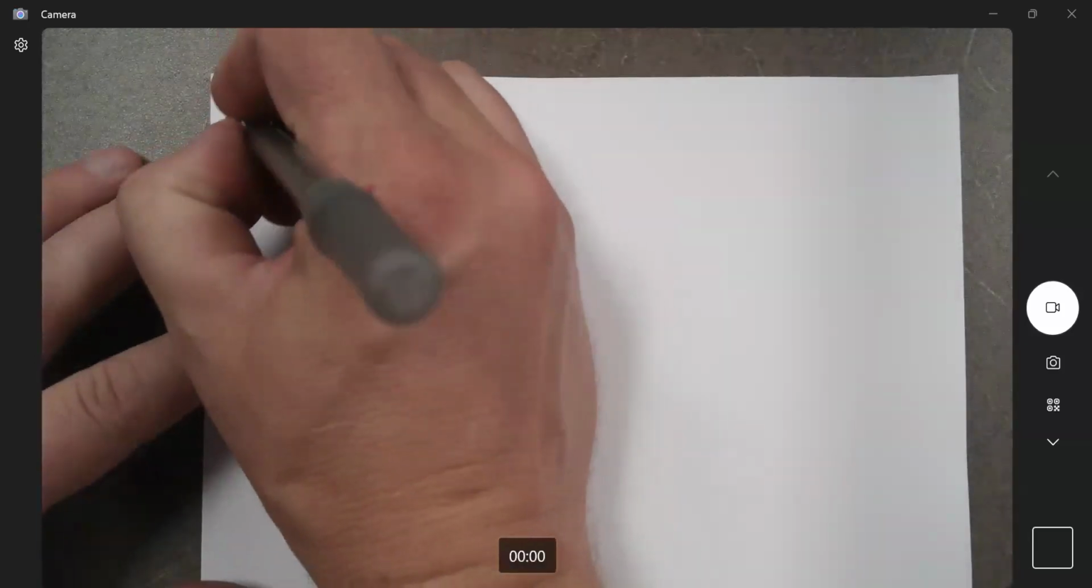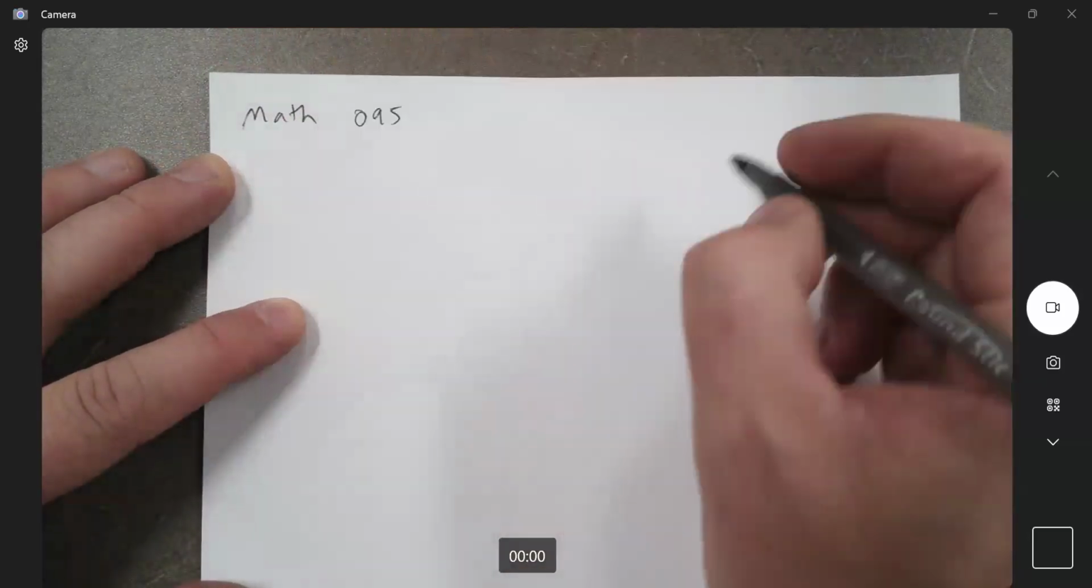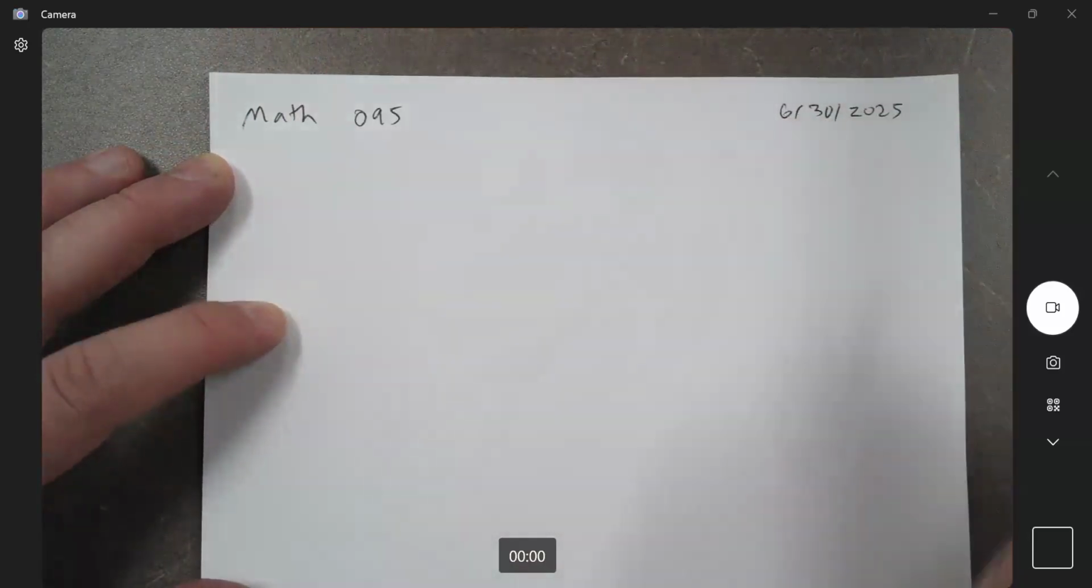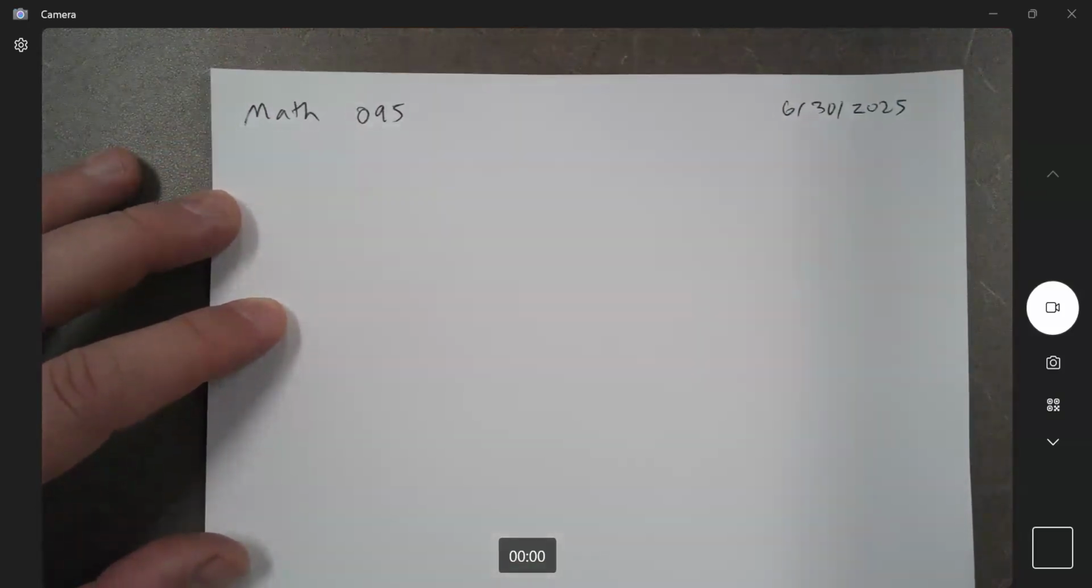So I'll start the mini recap lecture for the second half of chapter 1. This is Math 95, and it's 6/30/2025. First topic actually pops up in section 1.2, but I hadn't fully covered it last week, so I want to cover it now,